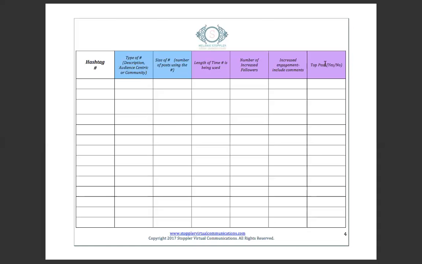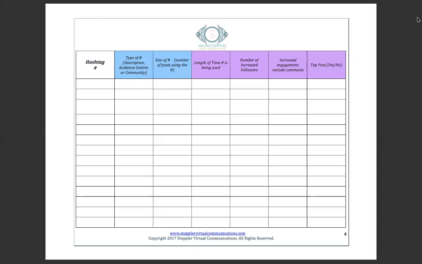The one exception where you may want to use a hashtag that is less than 5,000 would be if you were using a hashtag branded specifically to your business. Say you want people to share a selfie of them wearing your earrings or a bracelet or a dress that you designed, or pictures of their kid. It's great for getting brand models, different things like that. So having a hashtag branded to your business is probably a good idea. And I would say that is one of the exceptions to the rule for using hashtags smaller than 5,000.